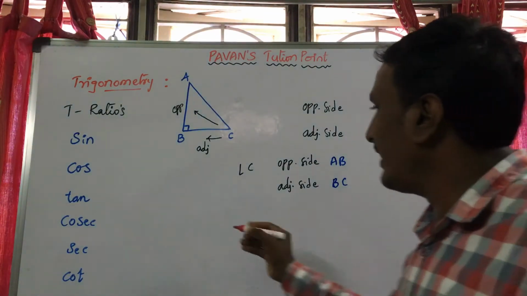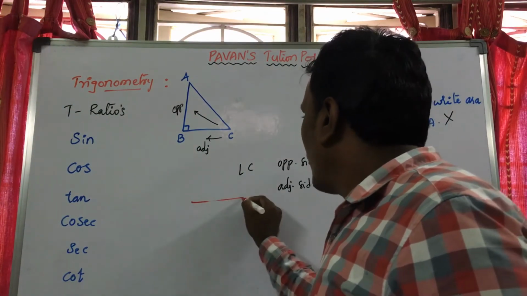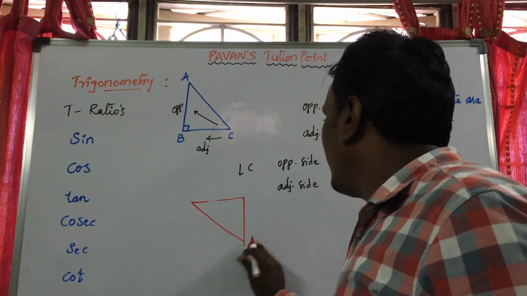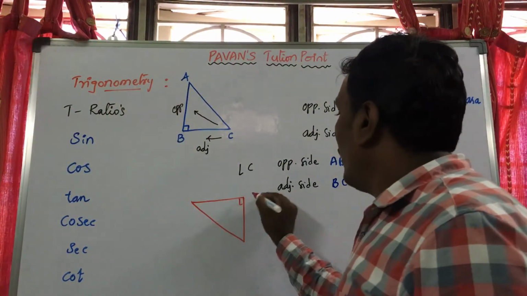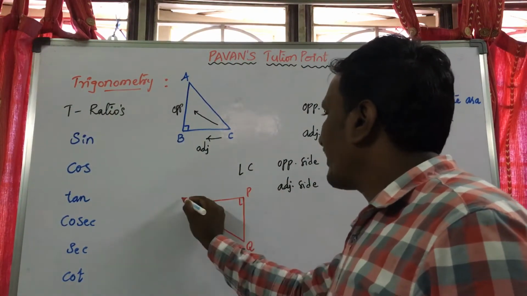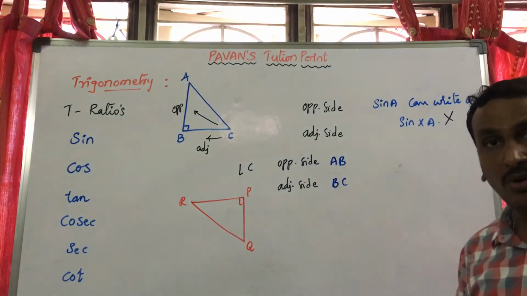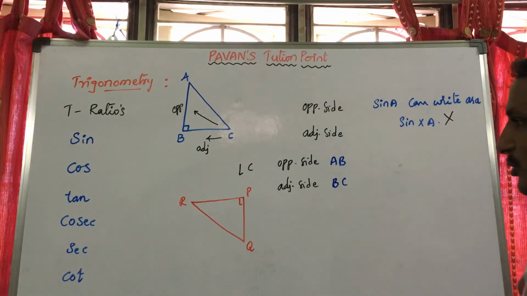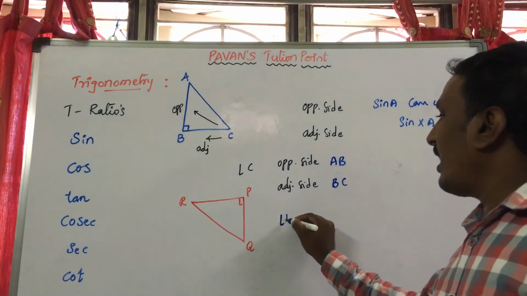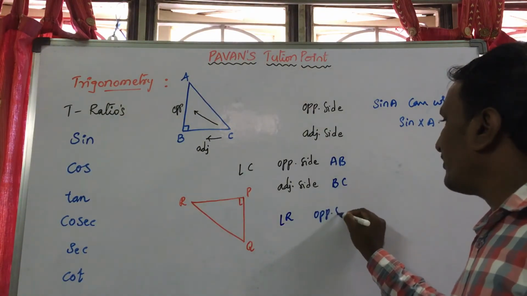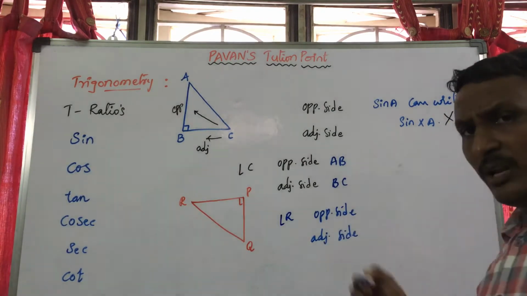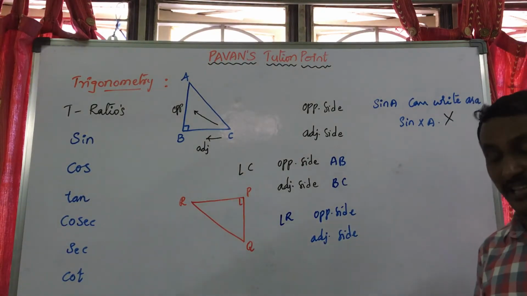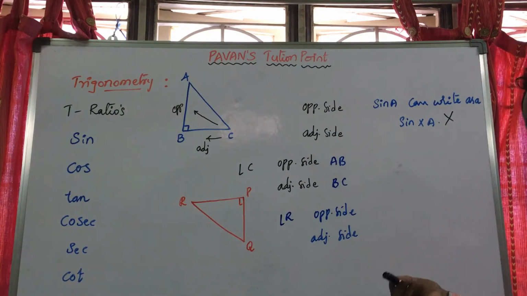So I am going to draw a right angle triangle for you. Obviously the students will get confused if the triangle is given to you like this. Okay, so P, Q, R. For this triangle, for angle R, you have to write the opposite side and adjacent side. Now tell me, I think you are ready to tell. While I am writing the answers, please verify by yourself whether they are right or not.